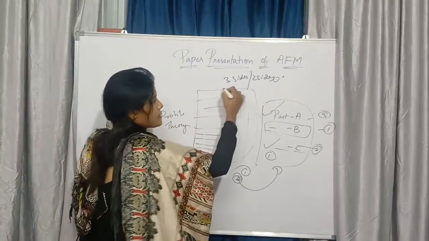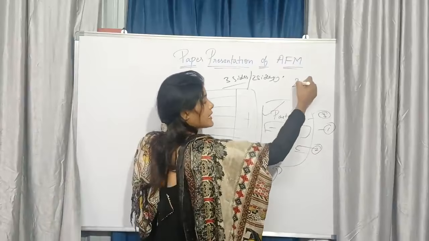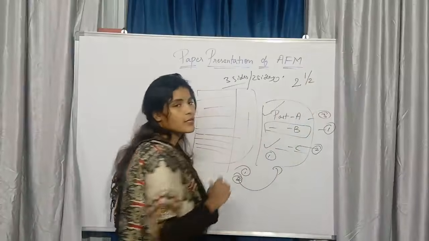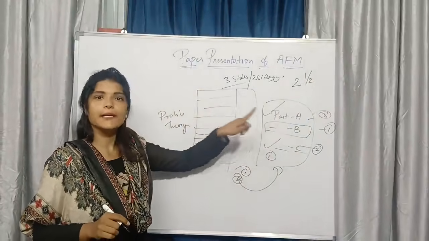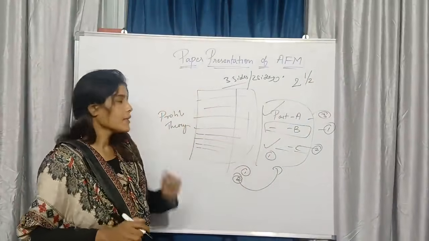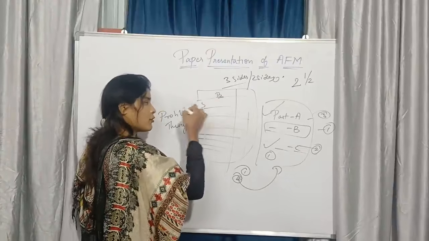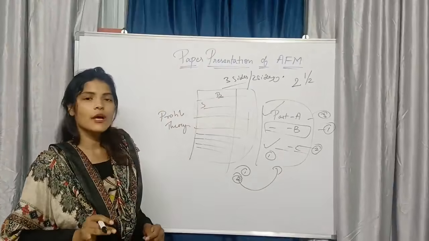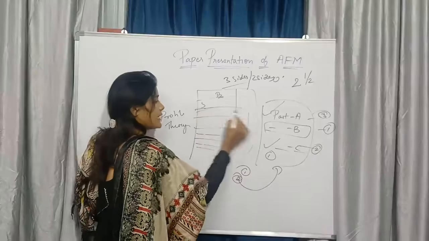You can attempt 3 sides, you can attempt 4 sides also, but remember that the exam is only 2.5 hours. In these 2.5 hours you need to attempt part A, part B and part C. So students, when you are attempting a problematic question in part B, for example final accounts,